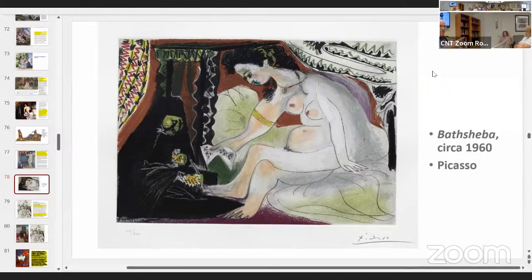okay? Some of us were alive even then, some of us a little bit later, but here we are with Picasso, and it would be interesting to have your participation as well. Picasso has a few paintings of Bathsheba and David. This is a very interesting one where there is that reference to the letter. You see that in her right arm,